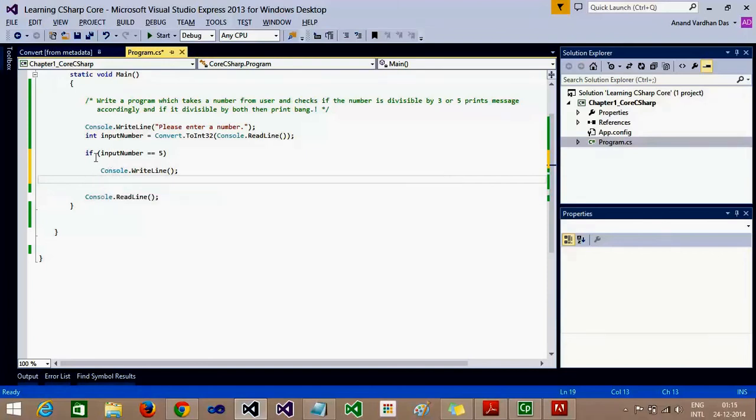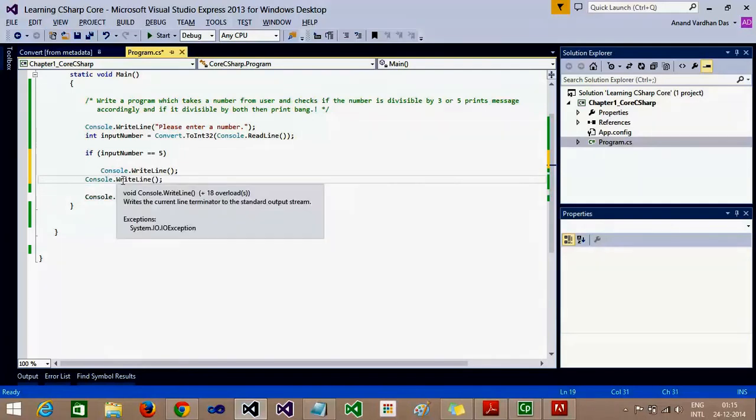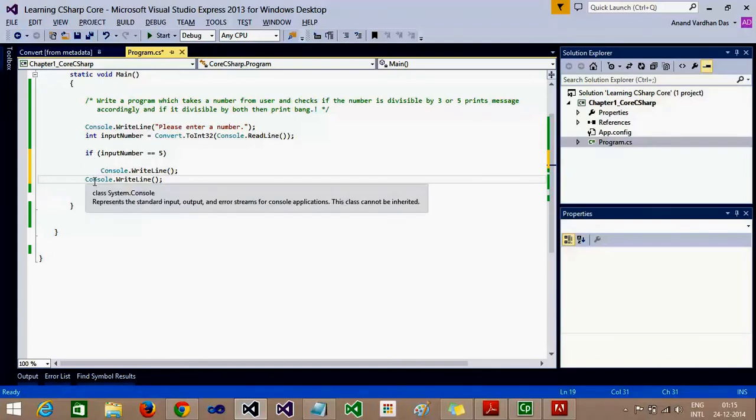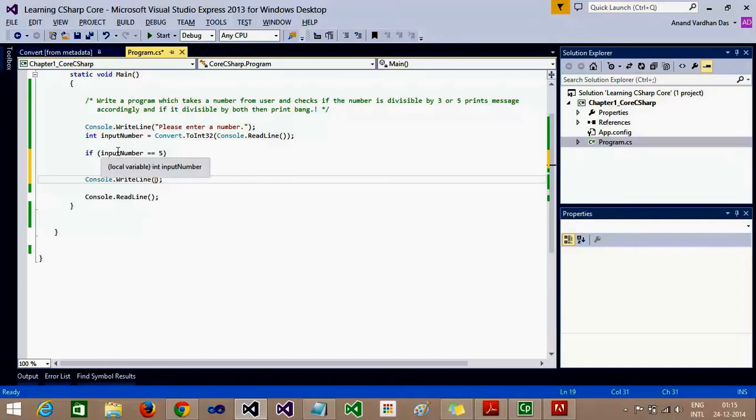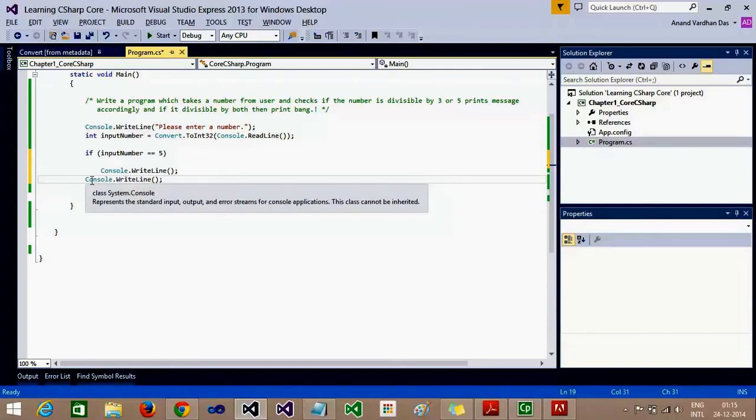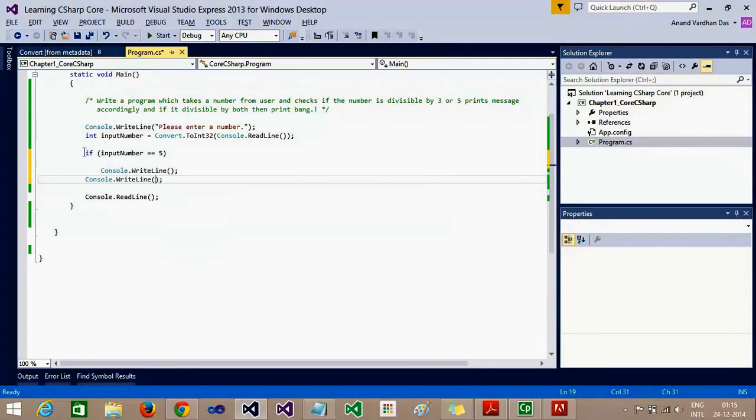So if you write like this, with the if condition only this statement will be evaluated. If I write another statement, it will always be run, because it will not come under this if body. Because if we are not giving any braces, then only one statement will be executed, and the control will be out of this if statement. This second statement will be executed even if the expression evaluates to false. The first statement will not be executed, but the second will always be executed. So we should be very careful if we are not putting braces.